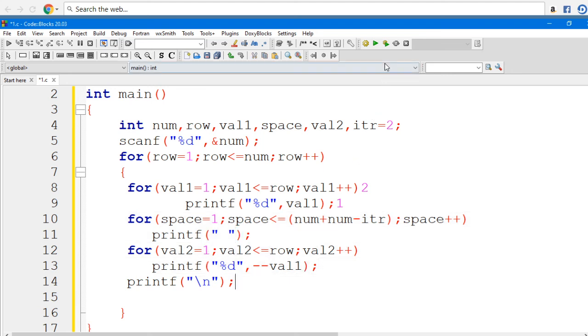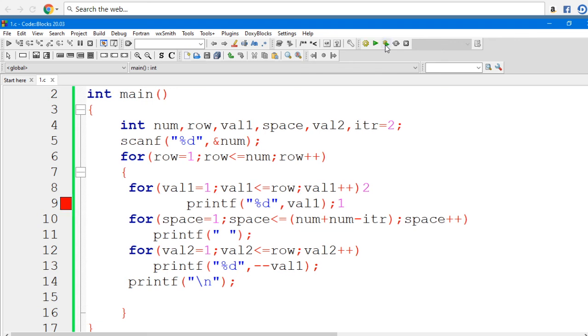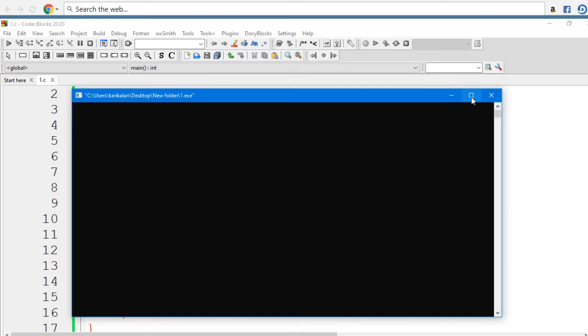So now we go to the compilation process. Guys, it will show an error. So here we provided an extra 2. So there is a mistake we made. So here also one value 1 is extra. So now we are going to compile it again. So compilation and running are at the same time. So now I'm going to provide the input as 5.